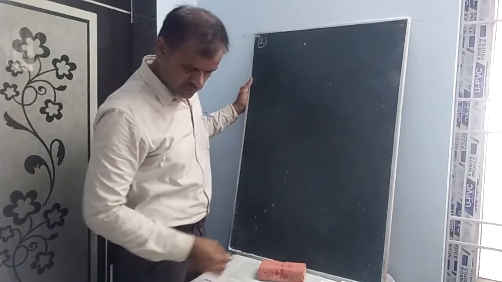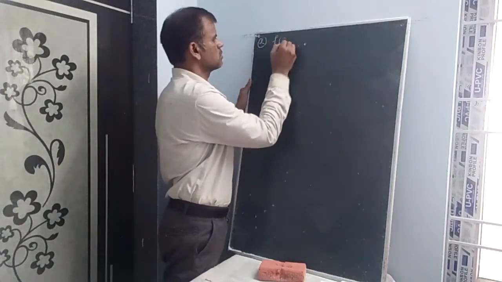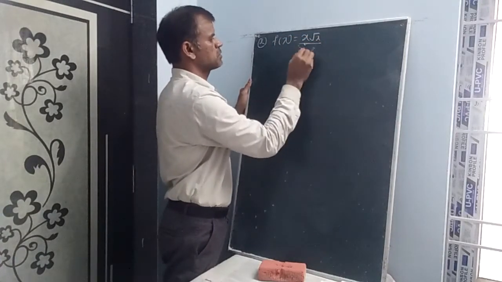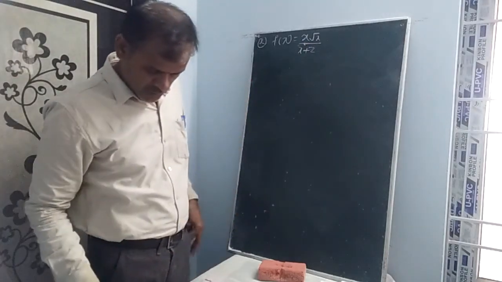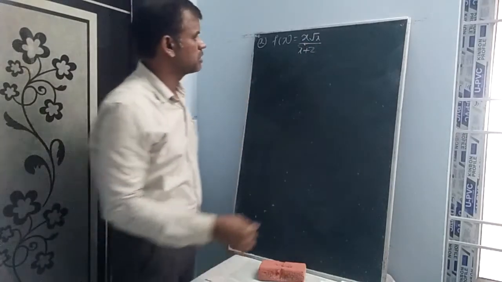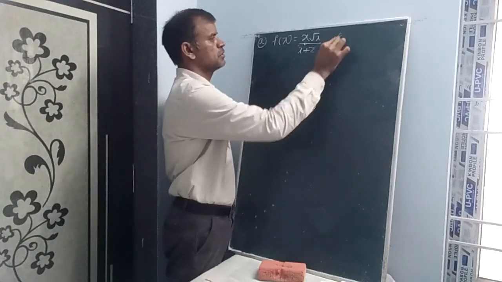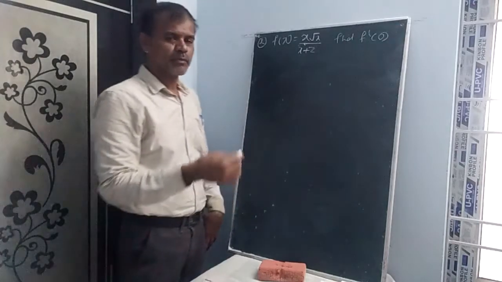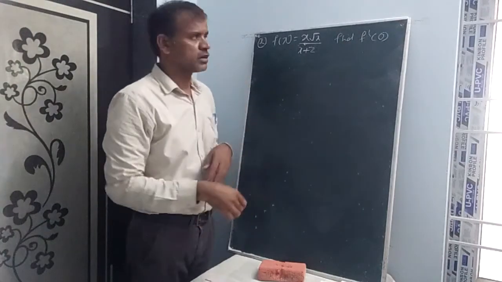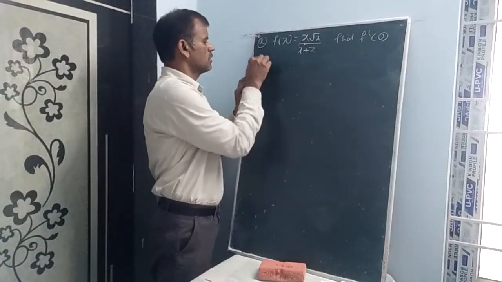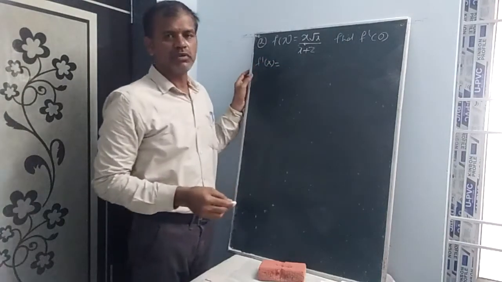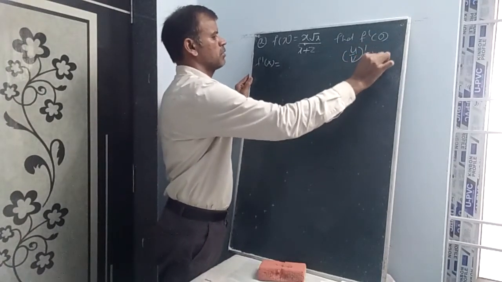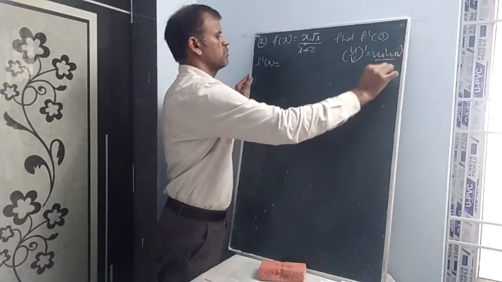Now second question, f of x is equal to x root x by x plus 2. Then he is asking the derivative of f of x at x equal to 0. So find f dash 0. No need to check whether it is differentiable or not; he has simply given f dash 0. So you calculate f dash x using the formula for u by v whole dash, that is v u dash minus u v dash by v square.